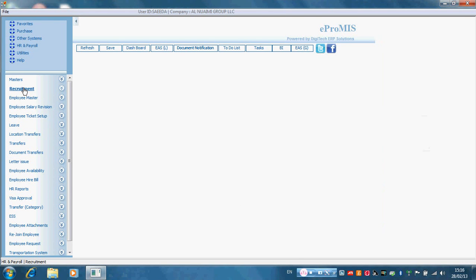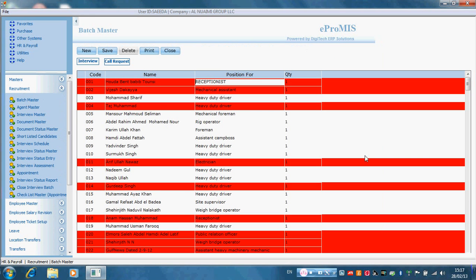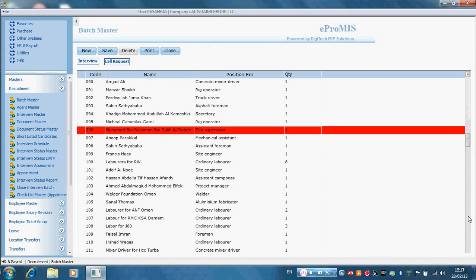Let's start with the recruitment process. This has to be done once the manpower requisition form is received and it gets approval from the head of the department by the HR and the top management. Then we have to go to the recruitment process. In that, first is the batch master. In the batch master,